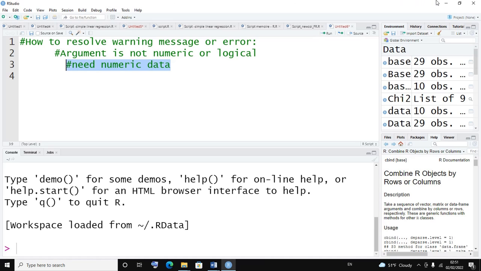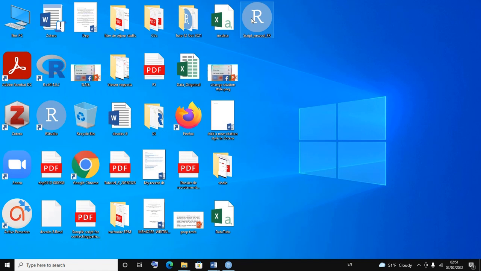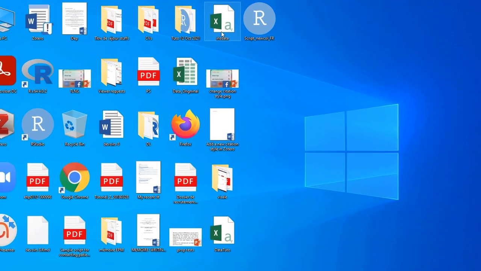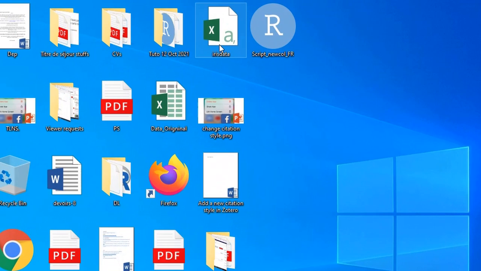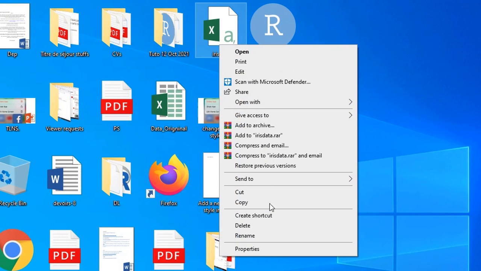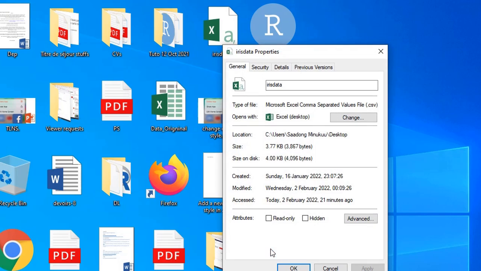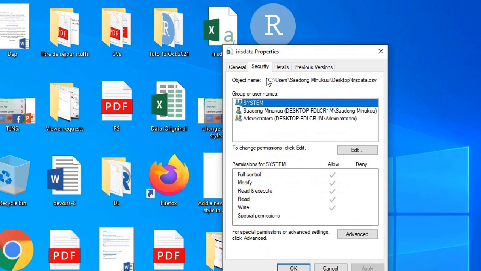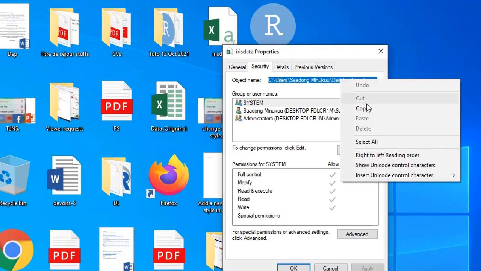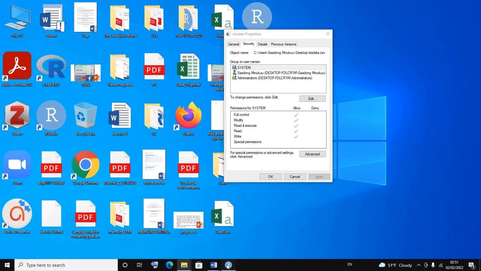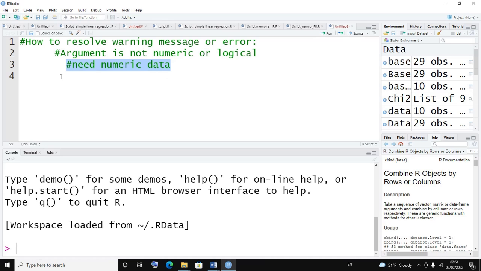Okay, so let's head on to the desktop. I have my data set here, the iris data in the form of a CSV file. Simply right click on it, click on properties, click on security, and I'll copy the full file path here, or the object name, copy it, and now I'll come to my RStudio or R, whichever you are using, and let's name our data set